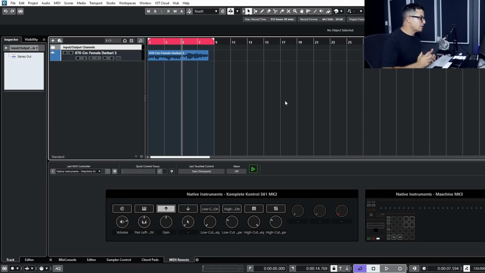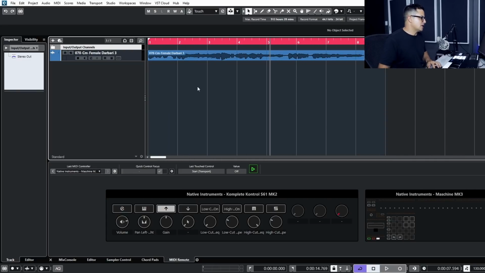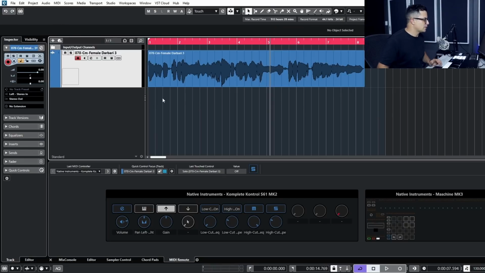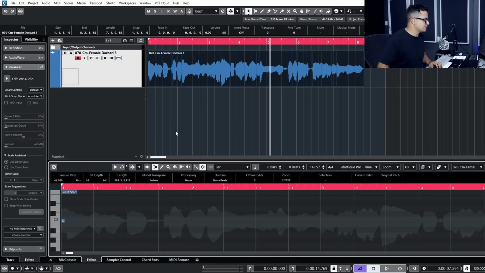So another new feature I'm really fond of is they've added in scale quantization to the VariAudio element in Cubase. Now this is fantastic when you're working with vocals. I found it particularly useful with stuff that's in weird keys or weird scales, particularly like this. For example, I pulled out a vocal from UVI's World Suite, and we'll take a look at this now. If we double click here,